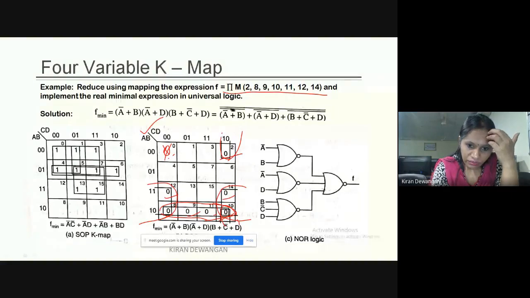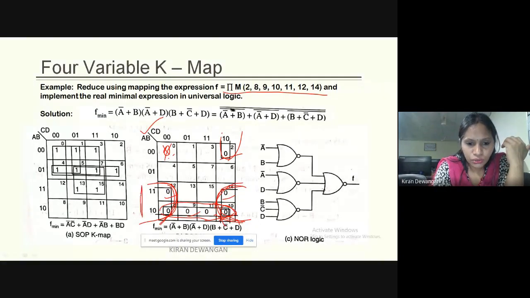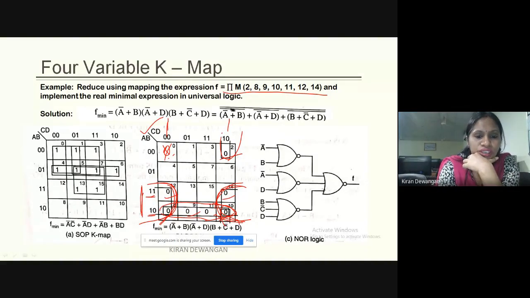So we will write the expression for these 2 quads. Now if we consider these 2 as for this quad, हमें ये 2 row consider करना है और ये 2 columns consider करना है. So what is common here? It is A is 1. We could see A is 1. So it will be A bar. Now in these 2, what is common? D. D is 0. So it is D. Just D because D is 0. So what it will be? A bar plus D. This is the term. The second term. ये वाला जो term है. A bar plus D. Clear?